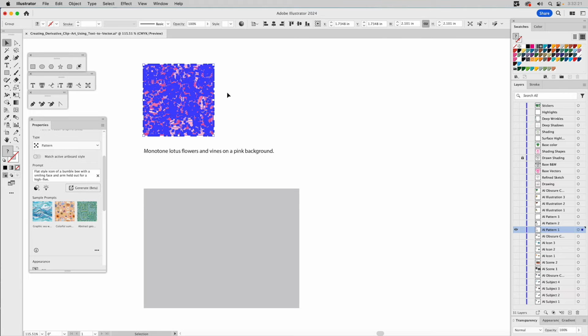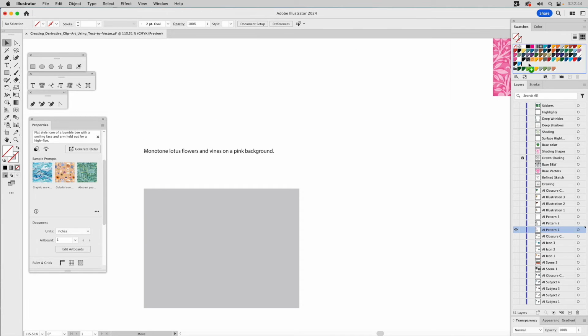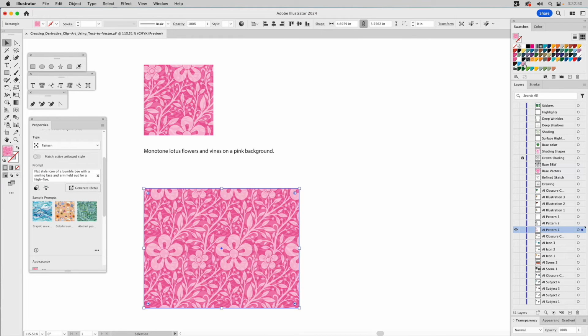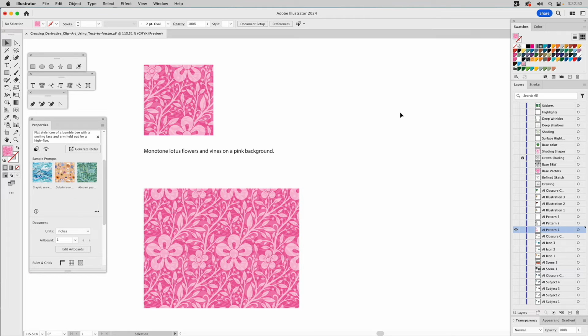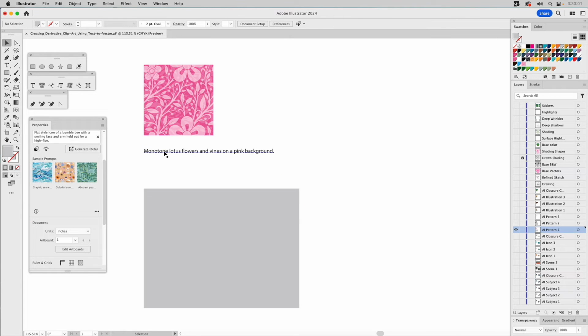If I grab this, and all these are trim, so I used a bounding box to determine where it goes off, comes in from the bottom, left, right, and so on. If you watch my pattern movies on Adobe Illustrator, you'll understand this. You'll be able to create any pattern you want from scratch, and you can control everything about it. So if I just drag this over and drop it, because it's already trimmed, I can select it and just fill this with my pattern, and it looks great. So let's undo that fill because we're going to give this prompt,